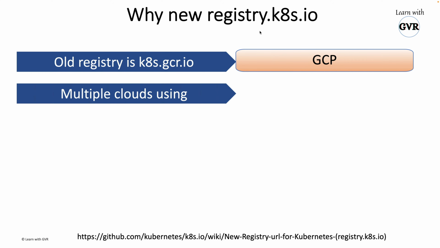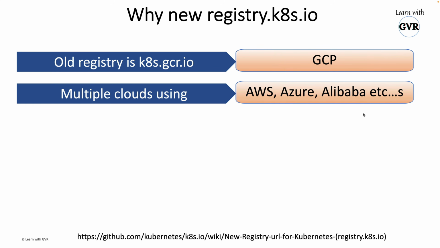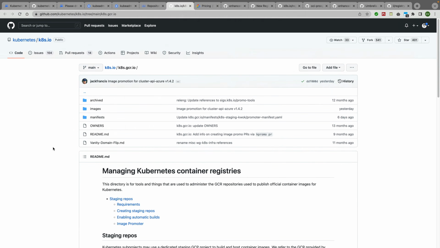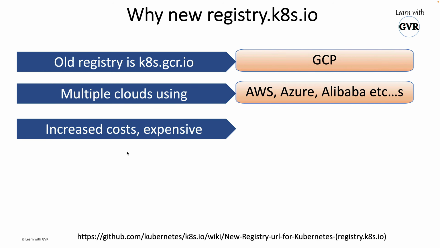And this particular k8s.gcr.io is being used by many Kubernetes clusters, from multiple clouds: AWS, Azure, Alibaba and OCI, and there is a big list in the Kubernetes official documentation. If it is located in one cloud, whereas multiple clouds, multiple vendors, multiple platforms are using these images, then whoever is maintaining this old registry finds it very expensive for them, because